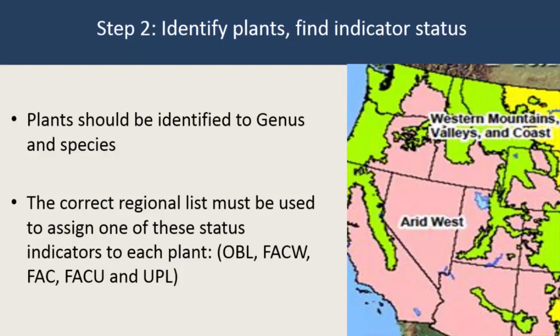This map shows that there are 2 different regional plant lists that you might be using if you are working in eastern Washington: Arid West, or Western Mountains, Valleys, and Coast. The plant list one uses corresponds to the same Corps of Engineers Regional Delineation Manual supplement that is being used to delineate the site. The division between use of the 2 different supplement manuals and corresponding plant lists is based primarily on precipitation averages. Generally, the Arid West manual is used in areas with less than 15 to 20 inches of average rainfall. When the site is in an area of higher precipitation, then the Western Mountains, Valleys, and Coast manual and plant list should be used, even though you are in eastern Washington.